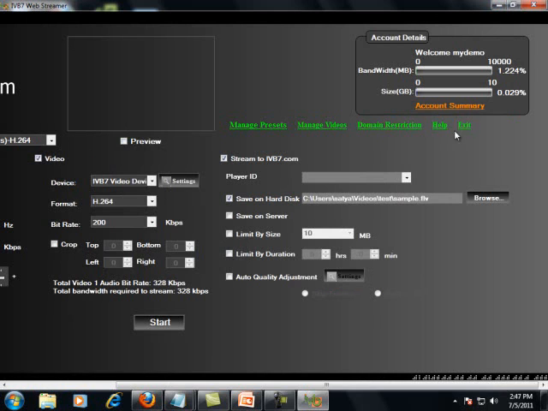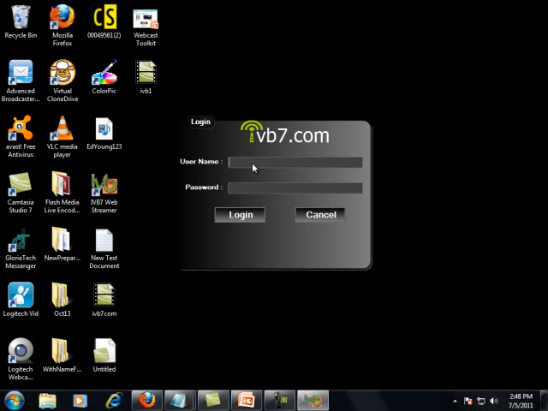Let us log out and see how the other devices are detected for the software. Let's type in the username once again and log in. Now you will not be able to log in. It will show device not found.